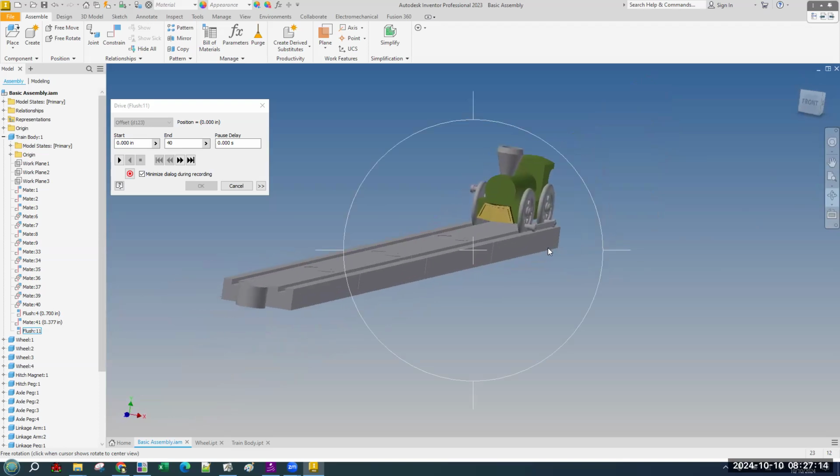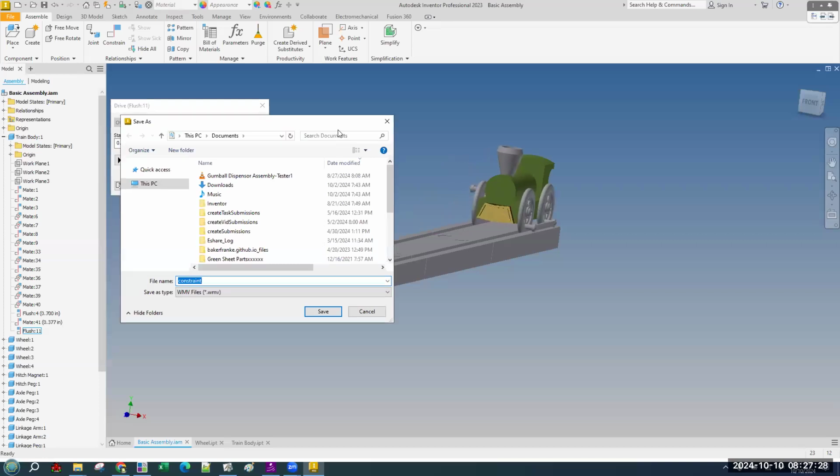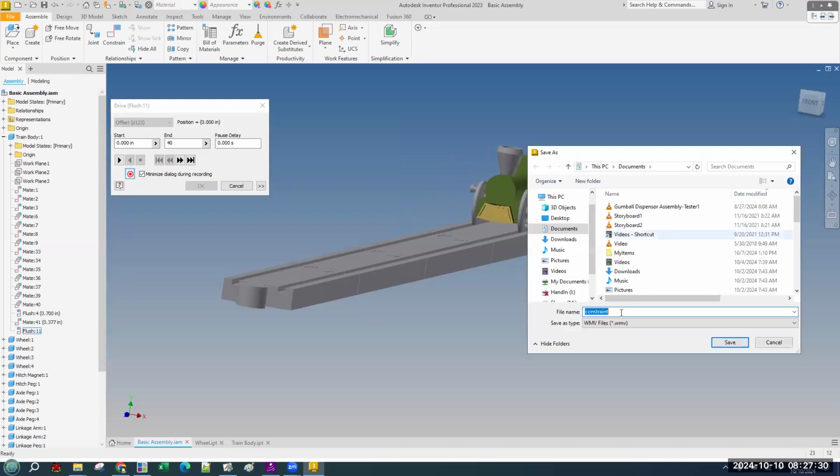I'm going to put it like this. Okay, so we've got the recording or the animation set up. We'll go back to the beginning, and let's see what happens when we hit record. It will probably ask us for a file name. How about mini train